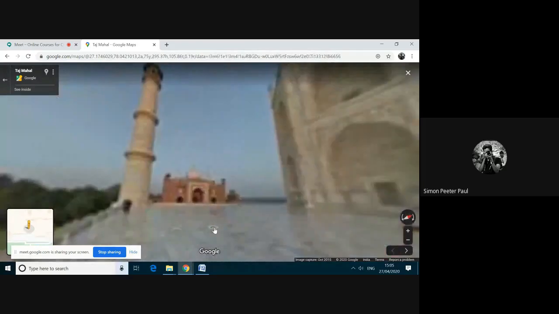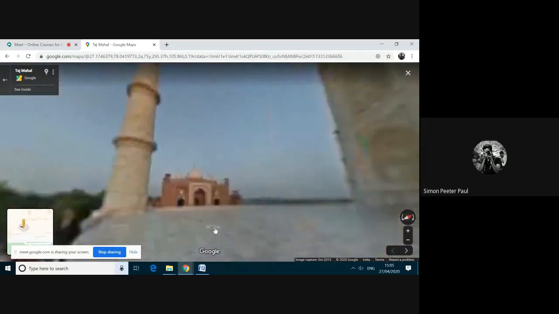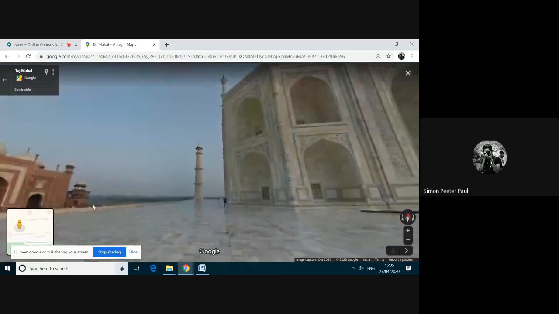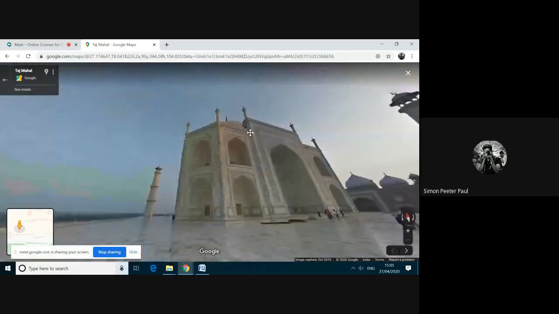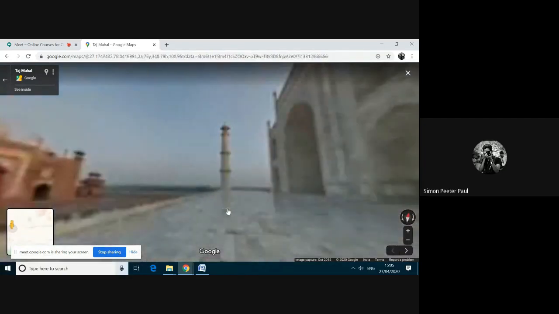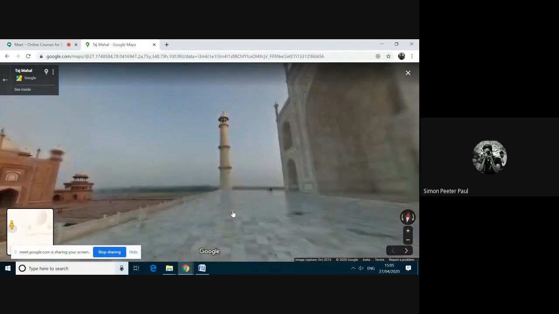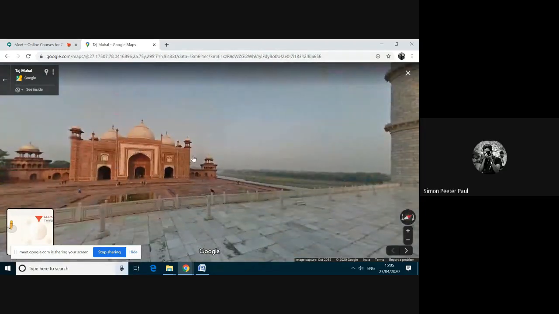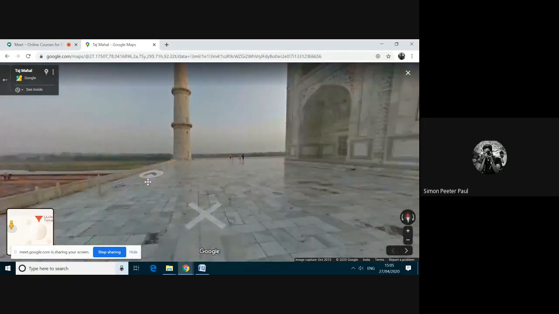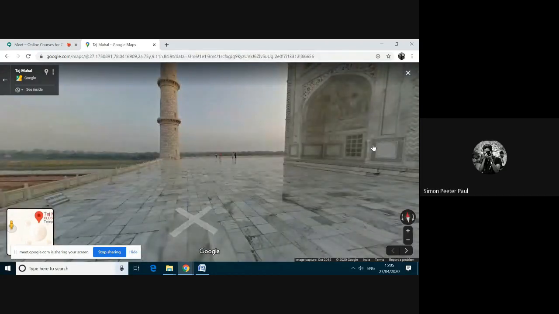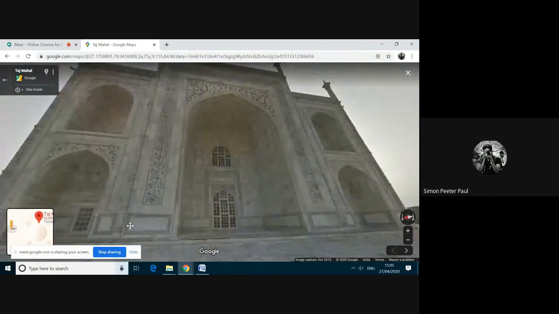I can move. I'm moving to this corner, and then I'm looking upward. Again, I'm moving here. This is one building. I'm moving a little bit faster since the time is 3:05.